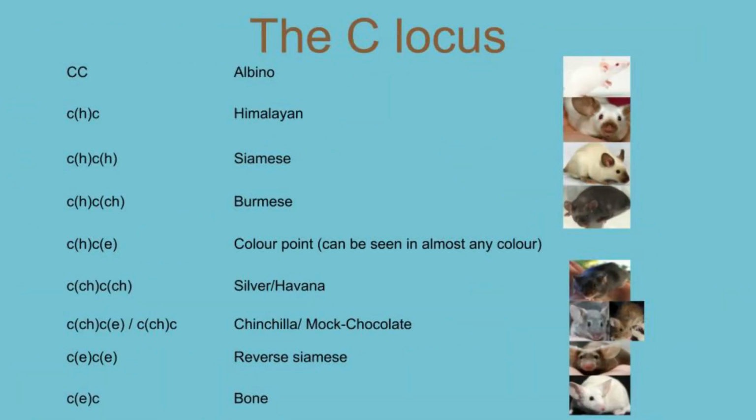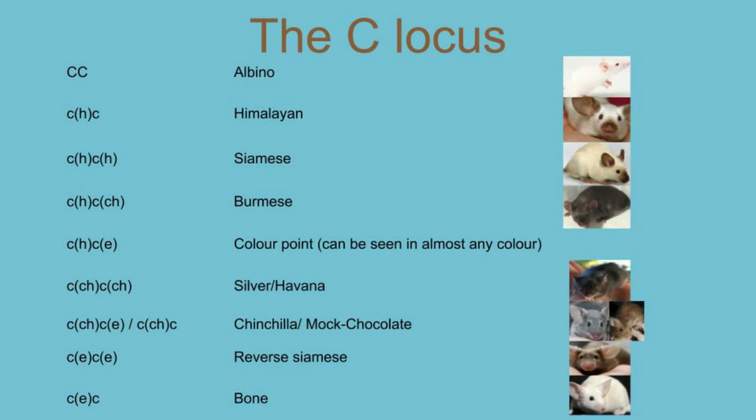The next thing that we need to be thinking about is our C-locus. If our C-locus has 2 simple recessive Cs, the mouse will become albino. Recessive C removes any dilution effect of our P, D and B locus, and it also removes any influence of the base locus. If on the C locus we have recessive C bracket H, recessive C bracket H, they're known